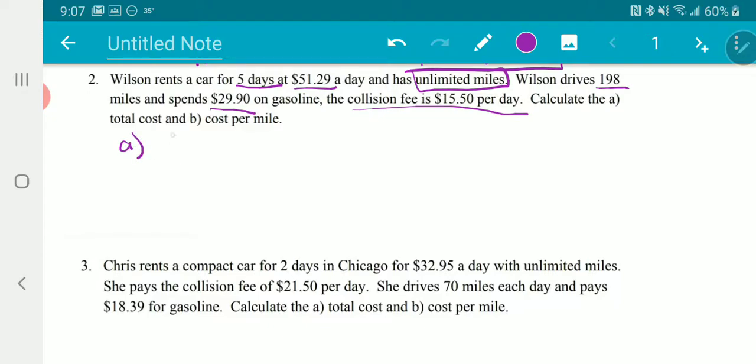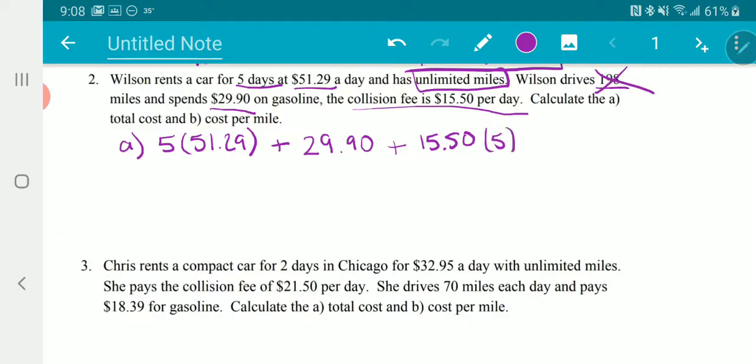So for my total cost, I've got my 5 days at $51.29 every day. Now, with unlimited miles, I don't even care about that 198 miles anymore because it doesn't affect my cost. But I do have to pay that gasoline, so plus $29.90. And then there's the collision fee of $15.50 per day, so that's going to be plus $15.50, and again, we're renting this car for 5 days. So that's everything that's factoring into my price. Now I can toss that into my calculator to get my final answer for total cost. My total cost comes to